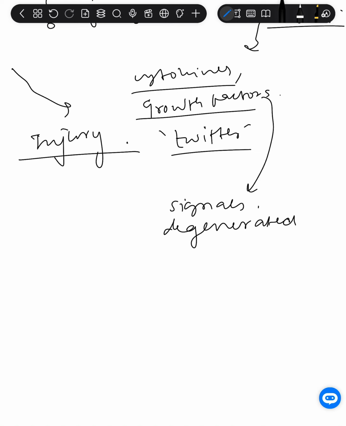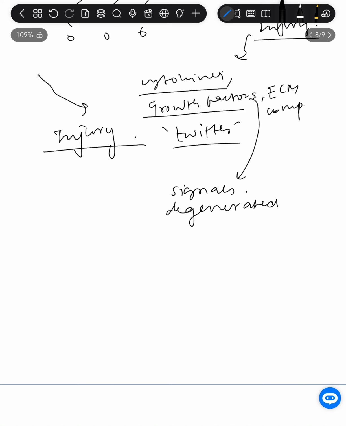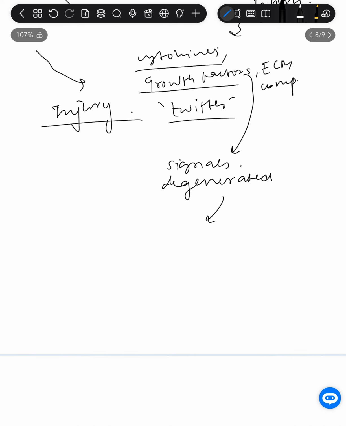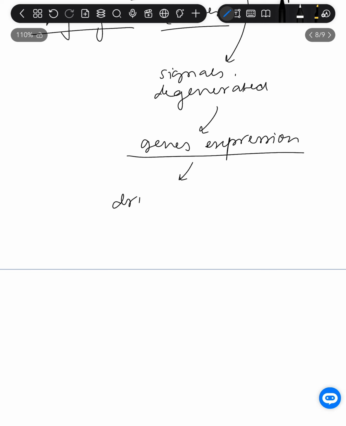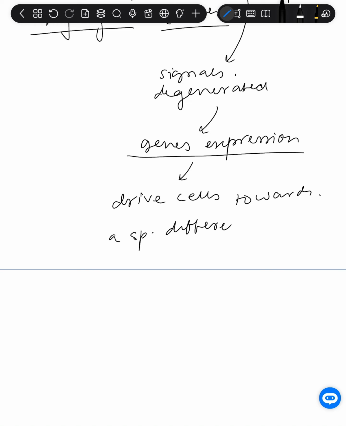The signals are generated because of cytokines, growth factors, and there are some extracellular matrix components also. But the signals are generated. When signals are generated, what happens? Everywhere, every time, the same thing will happen everywhere. There's some gene expression happening. Gene expression will then drive the cell towards a specific differentiation pathway. Okay,